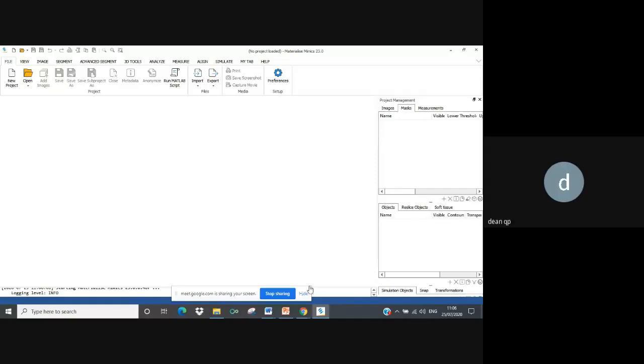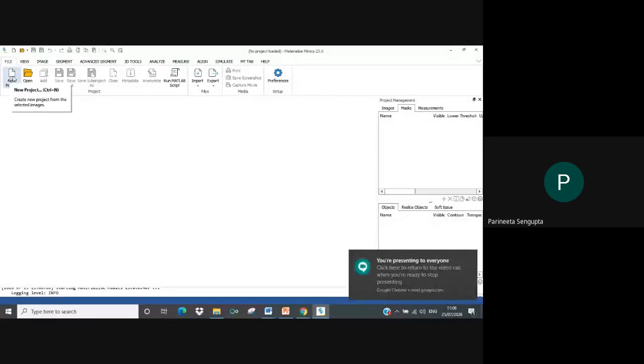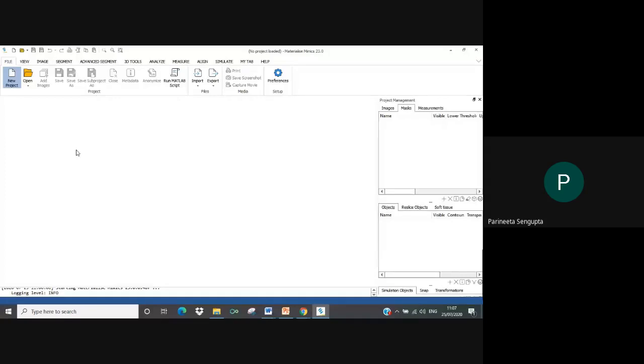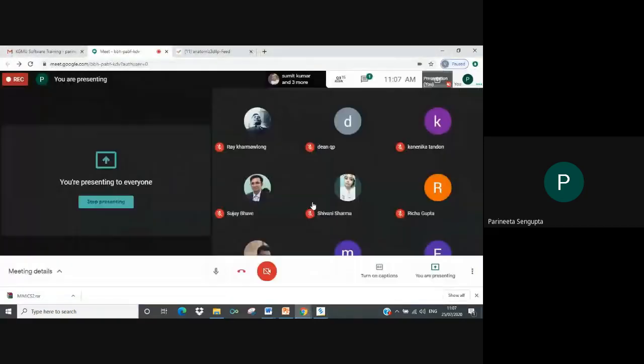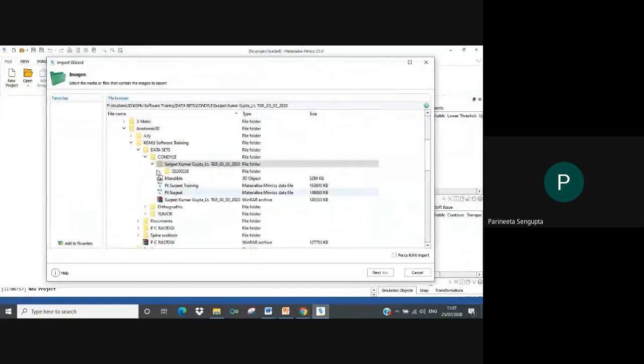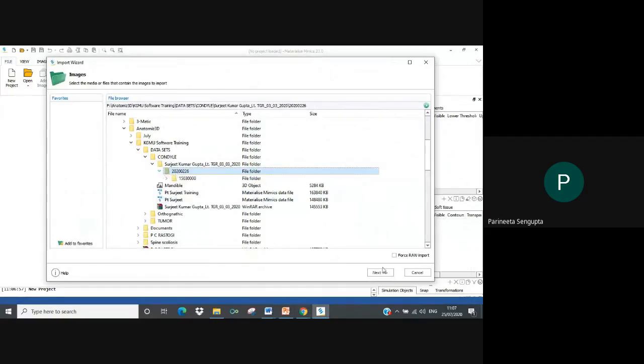Is the software visible? Yes, yes, yes. Okay. So as usual, our first step will always be to start a new project. So I'll go to new project and I'll select the DICOM folder and I'll do next.